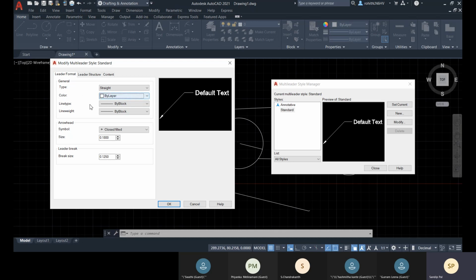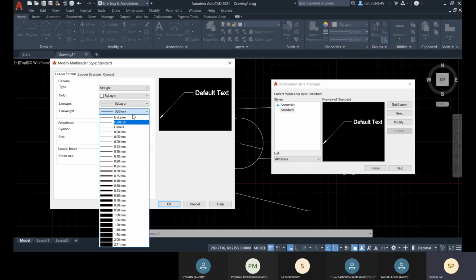And by block, if there is any block, then the line type is defined by the block. You can mention by layer as well. For this multi-leader, the active layer is the controller for this line type and line width. By that layer, this line type, this line width, this color is different.